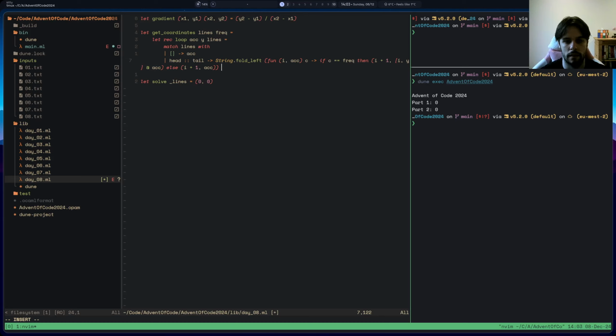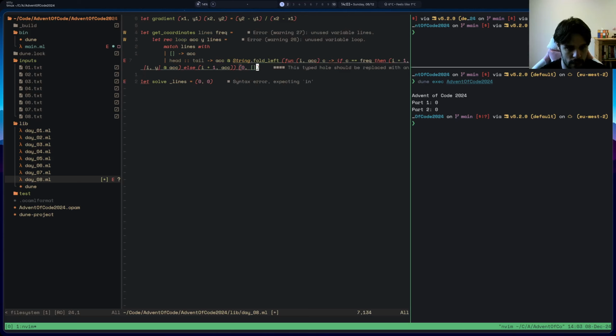We give it a 0 and this. I think fold left, what we want to do here as well is actually just go ACC and this and head and loop